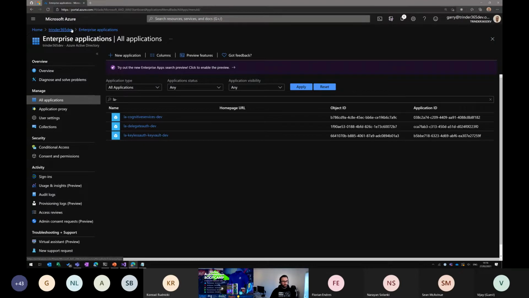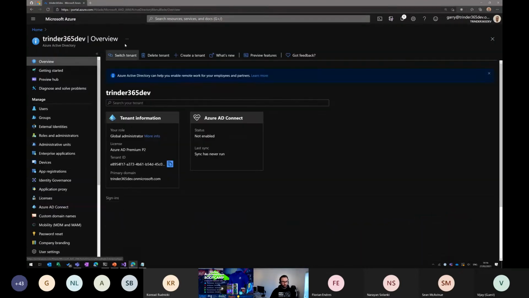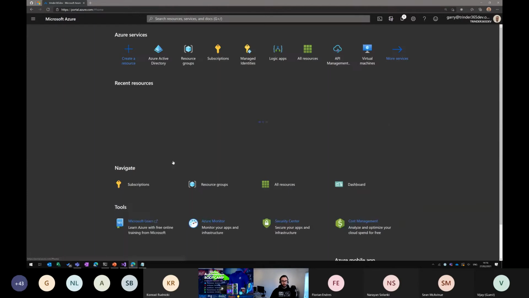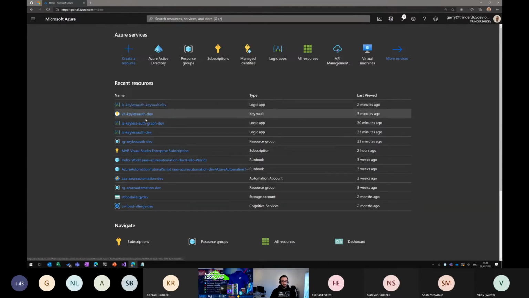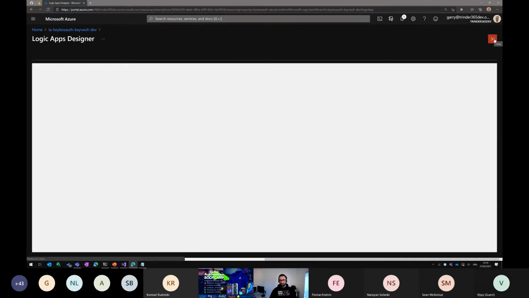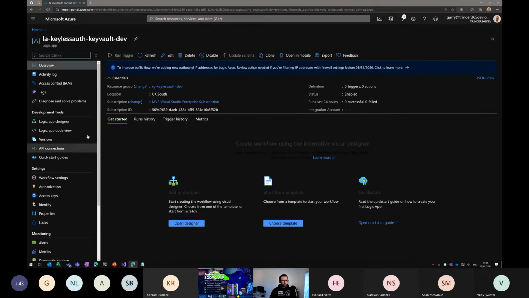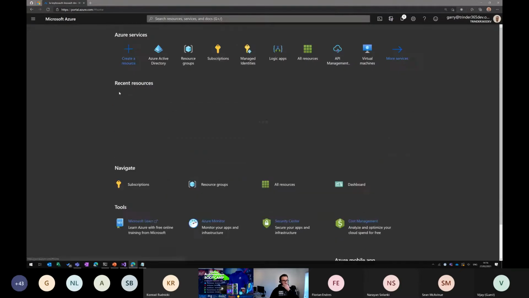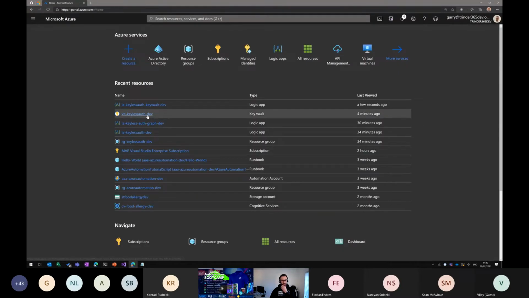So let's skip back to the resource group. I just realized I'm still in Active Directory. Yeah. If I go to the Logic app. Okay, so we're in the Logic app. So actually, I want to go into the Key Vault. That was the wrong thing to do. We're going to basically grant the